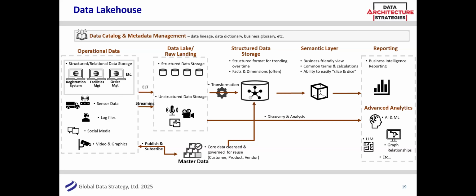I'm sort of skipping over master data, but it's not the focus of this. I think there's one coming up in a few months where we'll talk about master data, and Reltio talked a little bit about this. That's your core. Those are your golden nuggets, or gray nuggets, in this picture of those building blocks: customers, products, vendors. I don't care if you're doing AI, LLM, graph, all this great stuff. If you're trying to link up customers and products and vendors and you don't have a clean list of your products and vendors and customers, garbage in, garbage out. The fancier the analytics, you just have an even fancier mess, right?